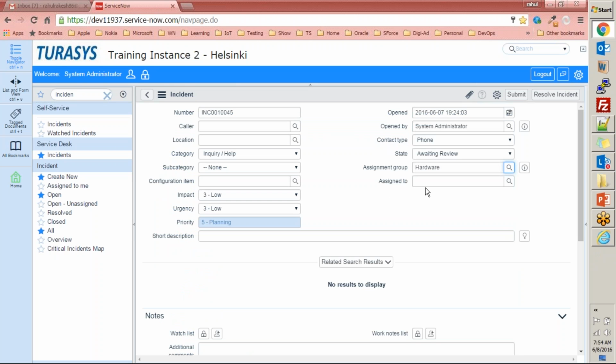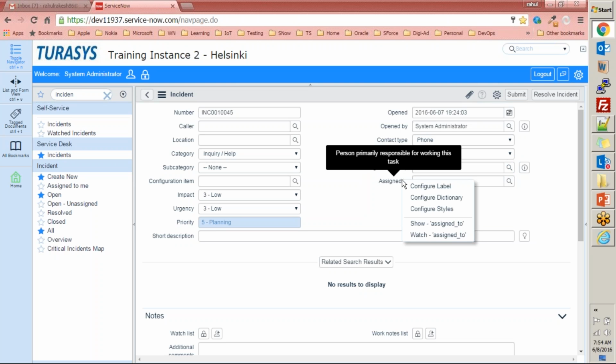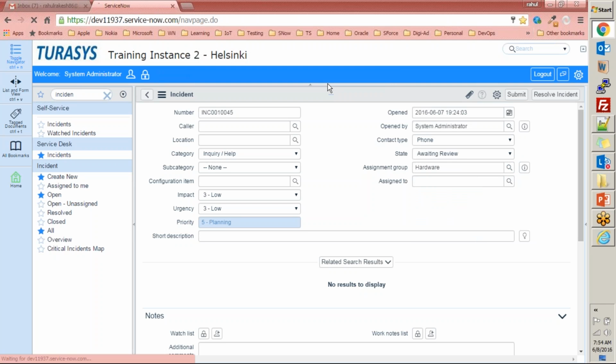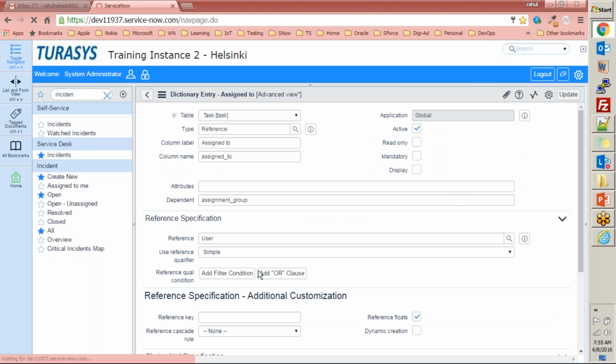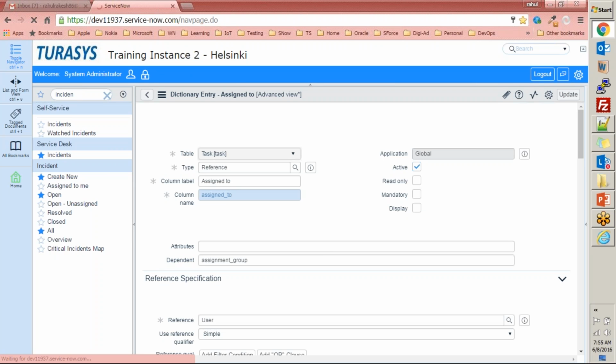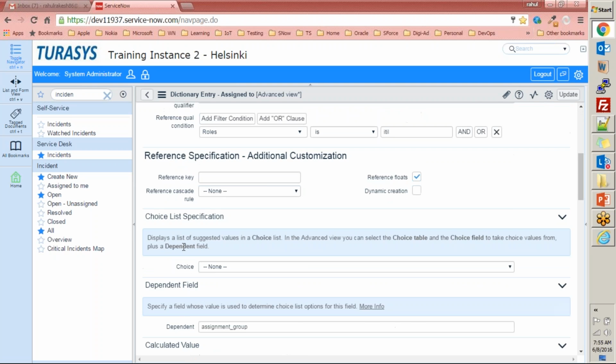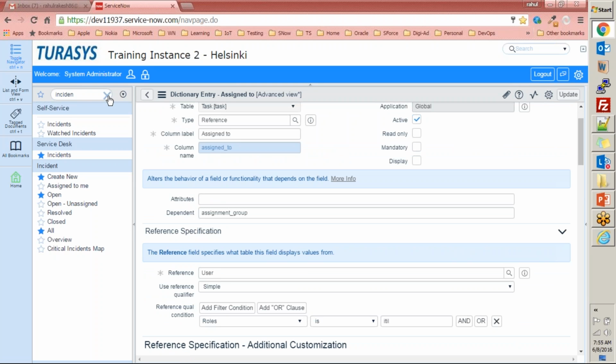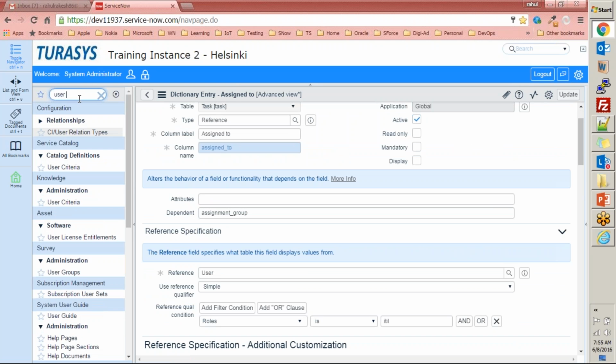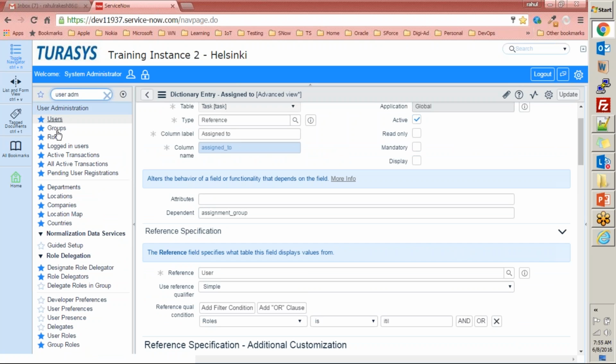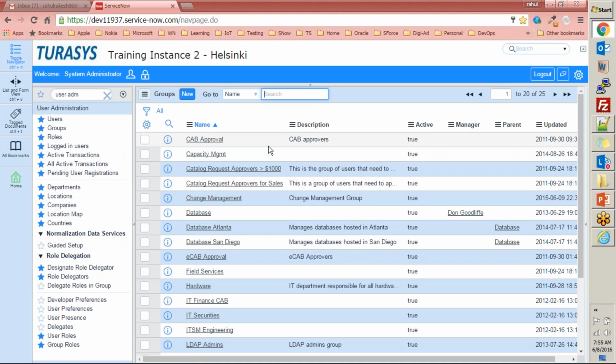But this one, this assignment group, may have some reference qualifiers. Reference qualifiers are some of the conditions that are used to qualify or filter out data, right? So I'm assuming, and I'm sure, that this assigned to field is applying some reference qualifier using this configured dictionary, right? And that's why my name is not getting displayed here when we open up this assigned to field. We will come back to reference qualifiers when we talk about them. I'm not going to do that right now. So this is how you will have user administration and group association done, right?